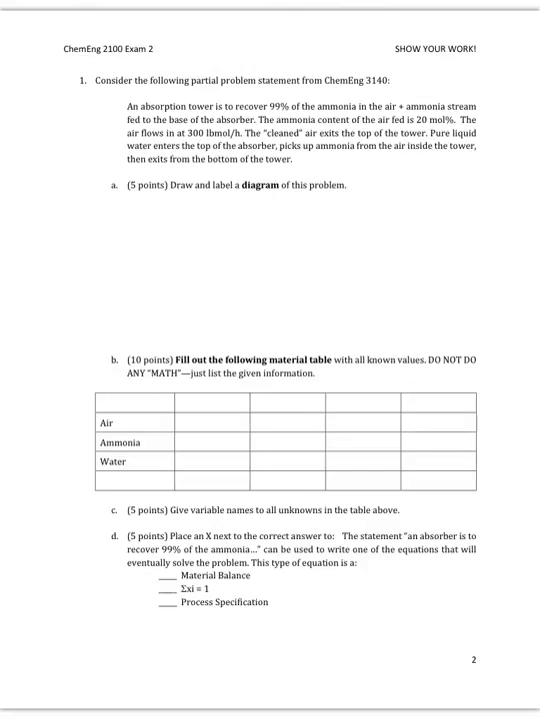In this first problem, we have an absorption tower. So here's my absorption tower. And in this tower, we are going to be bringing in an ammonia and air mixture to the base of the absorber. So it's going to come in at the bottom part of the tower. Air plus ammonia